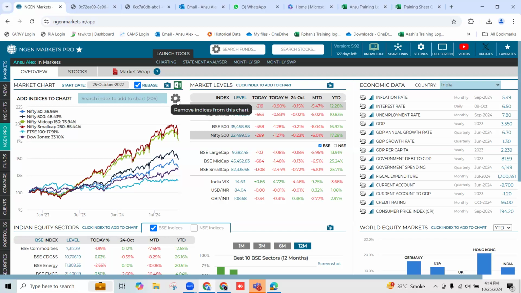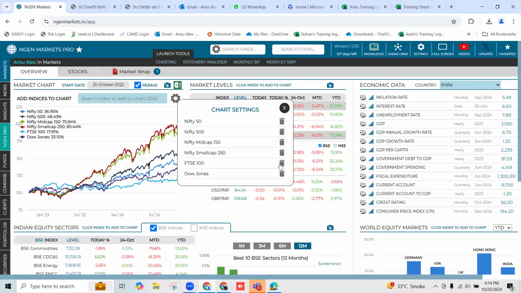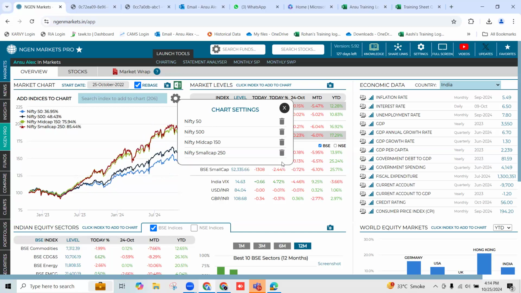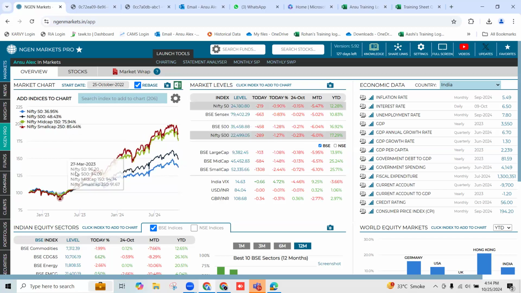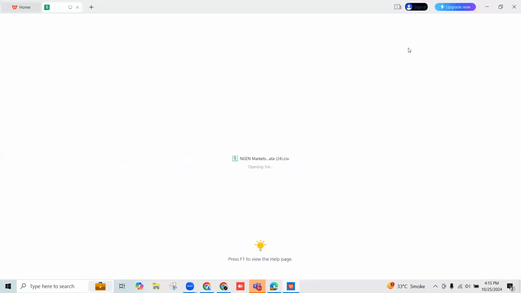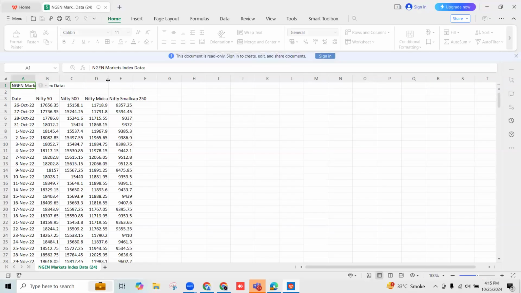Simply click on this settings wheel. And let's say I wish to remove maybe FTSE 100 as well as Dow Jones. Simply click on this delete icon. You see from this chart, these have gotten removed. Additionally, we also have an option to download the levels of any of the indices that you load in this market chart. So we have provided this Excel download option. Simply click on that, and in an Excel format, you could see the levels of the indices that you have loaded in the market charts